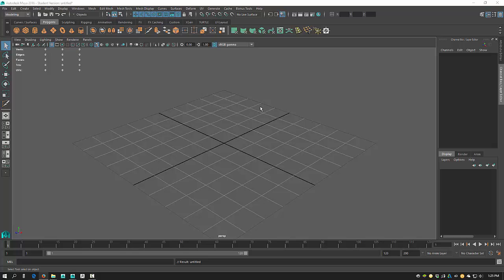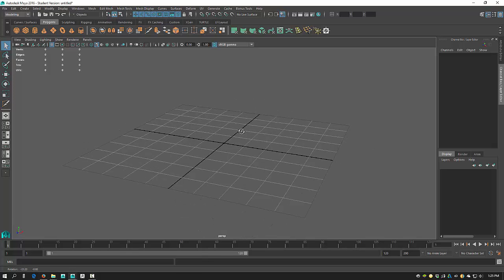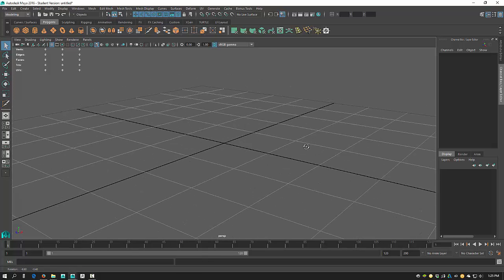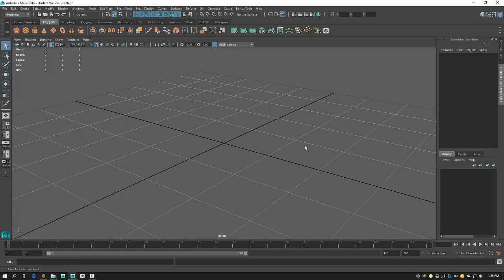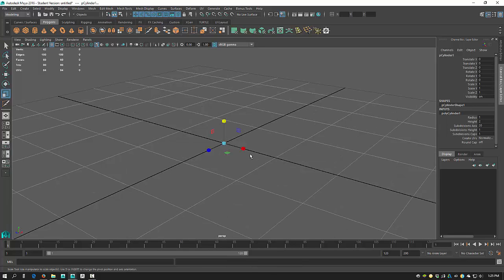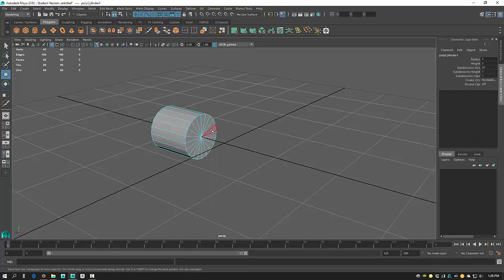What increasing the threshold does is it increases the distance that the weld command will actually affect. Okay, so for instance, if I create a cylinder, right, and let me rotate this by 90 degrees, okay, and I move this over here, and then I